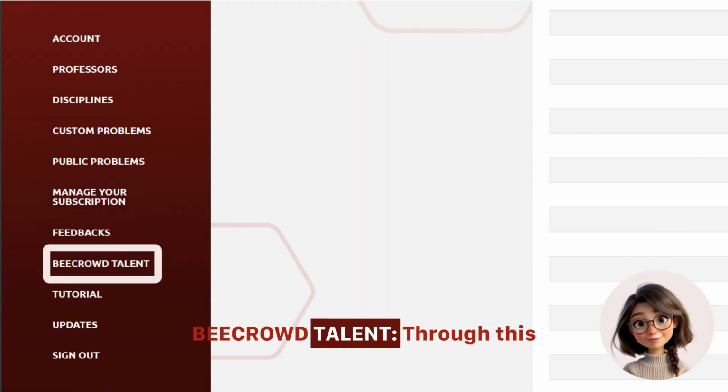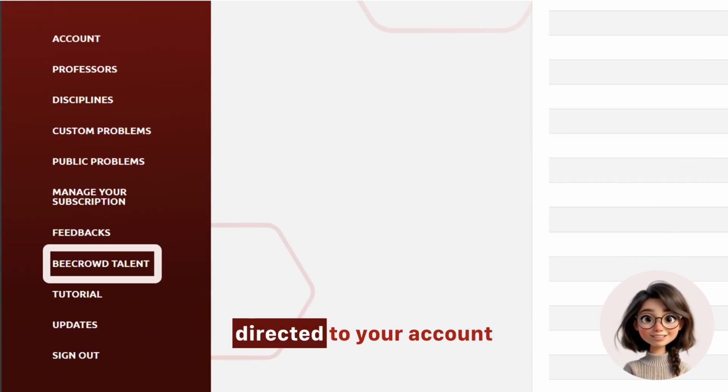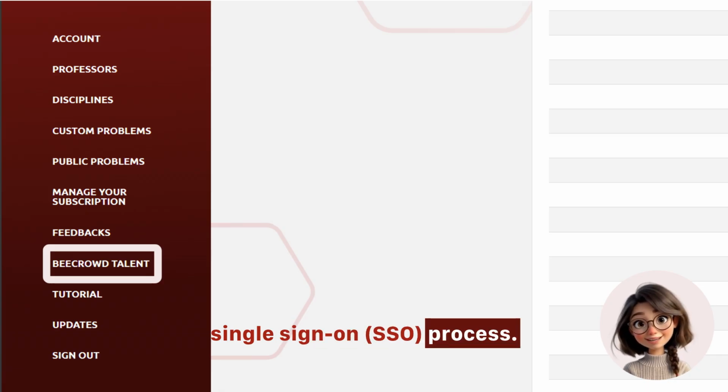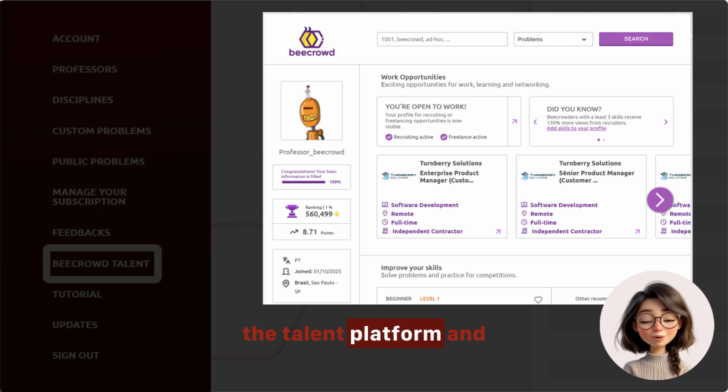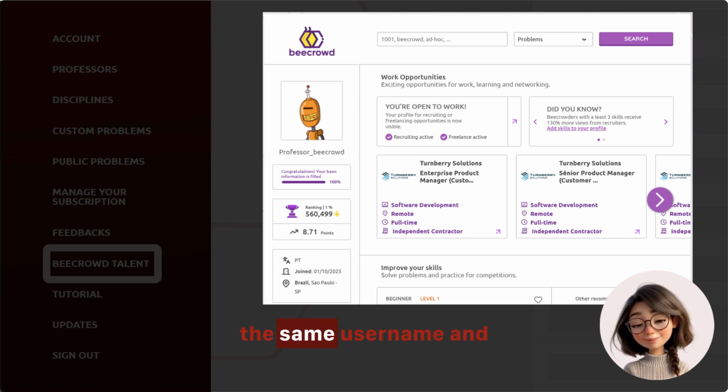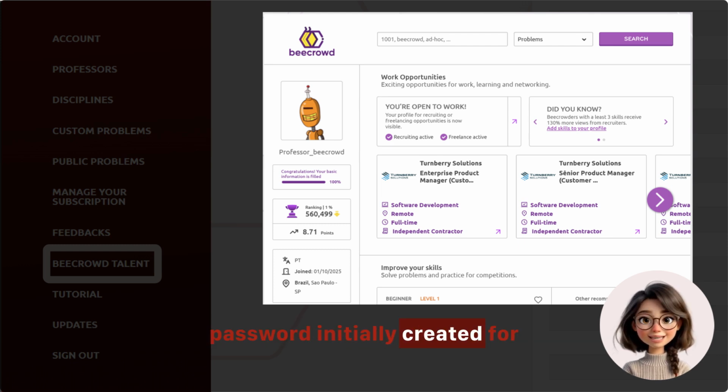beecrowd Talent. Through this option, you will be directed to your account on the student platform, beecrowd Talent, via a single sign-on SSO process. All professors who are users of beecrowd Academic, upon having their account created on the platform, also gain access to the Talent platform and can access it using the same username and password initially created for